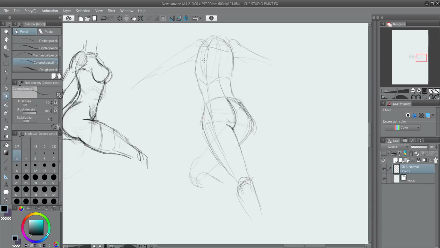Okay, so the breast would probably be somewhere coming up here and come like this, and kind of come up out of our view a little bit. The arms kind of covering it. Part of the rib cage coming off like that. And what I want to see is a little bit of the stomach in side view. So as this leg comes off of this, I'm going to have all right here. I'm going to kind of redo this and make it a little bit more turned away from us.